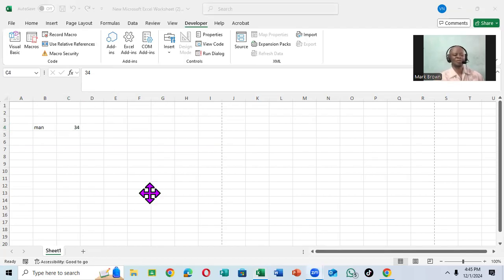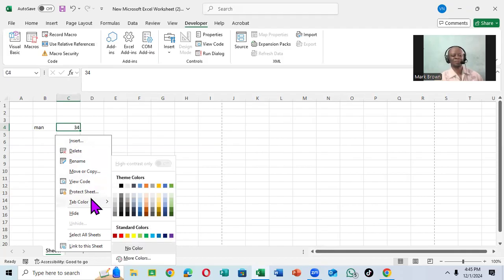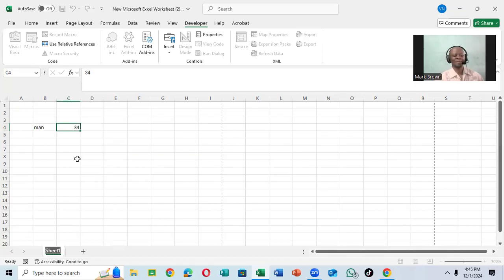But then again, notice this is the name of the sheet. But what if I wanted to give it a name? One thing you have to do, just put the cursor on it and right click. When you right click, you can insert, you can rename, you can delete, you can copy, you can move the sheet, you can add color, hide, and all of that. So I'm going to select rename, and then I'm going to put March, right there, and then I